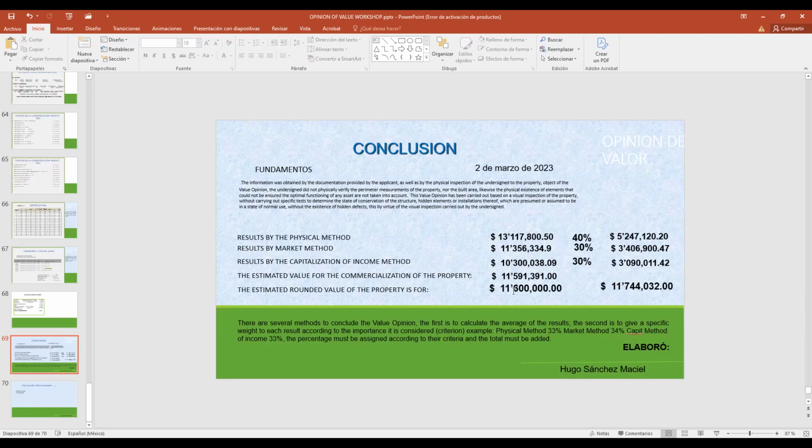And we can assign a percentage according to our criteria. For example, my criteria say that the physical method is worth 40%, the market method 30%, and the capitalization 30%.